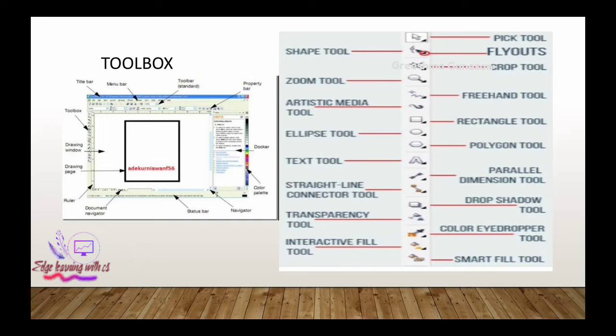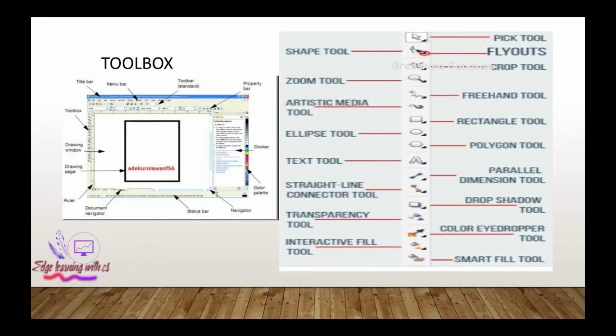In the toolbox, you can get many tools like pick tool, shape tool, flyouts, crop tool, zoom tool, freehand tool, artistic media tool, rectangle tool, ellipse tool, polygon tool, text tool, parallel dimension tool, straight line connector tool, drop shadow tool, transparency tool, color eyedropper tool, interactive fill tool, smart fill tool.